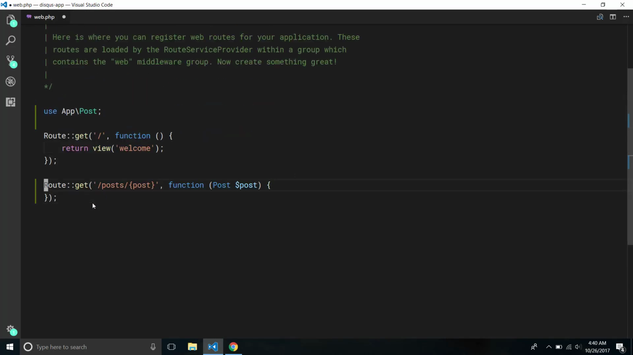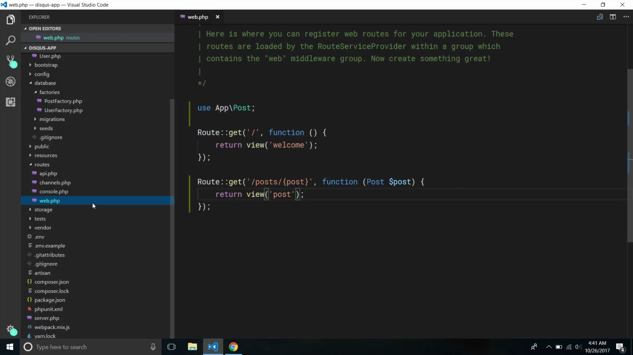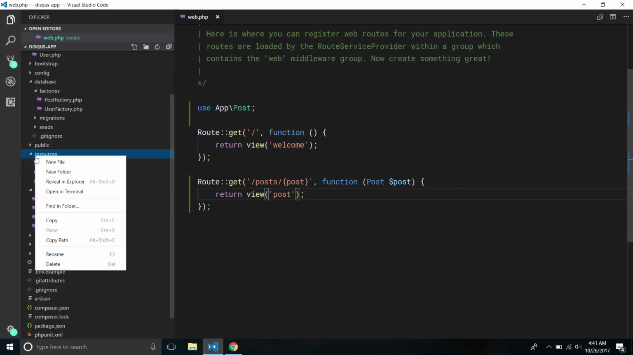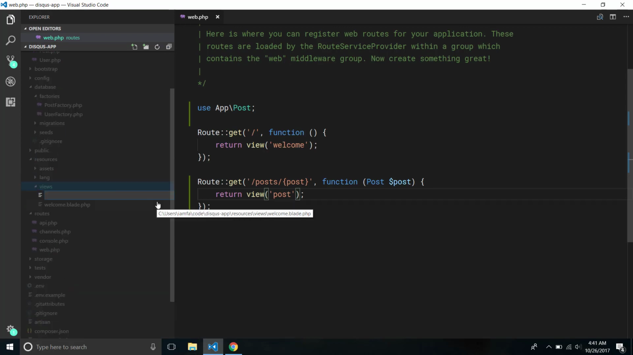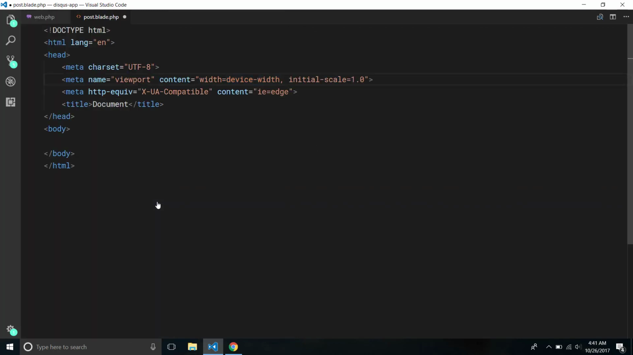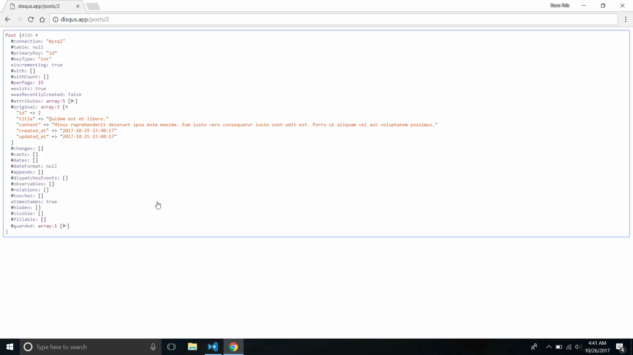Next, we need to create a view, so I'm going to return a view called post, and we need to create this. So I'm going to open up my sidebar and go to resources, views, and create a new file here called post.blade.php. So now I'm going to scaffold some basic HTML, and just for some rudimentary styling, I'm going to go